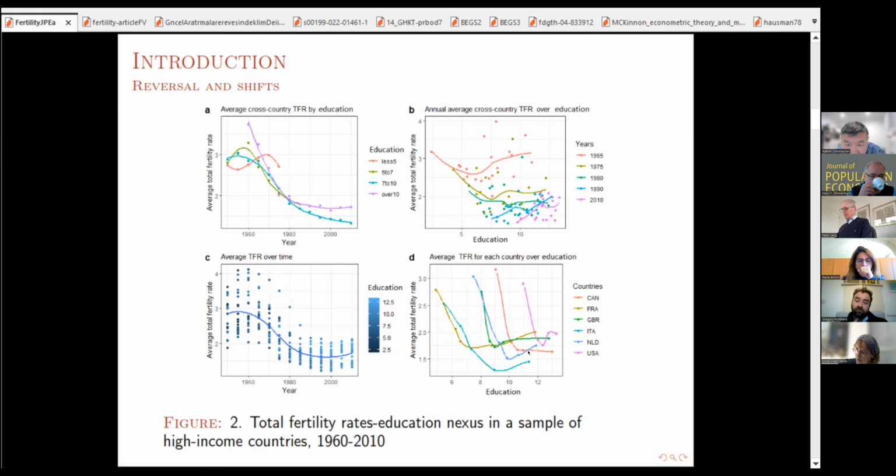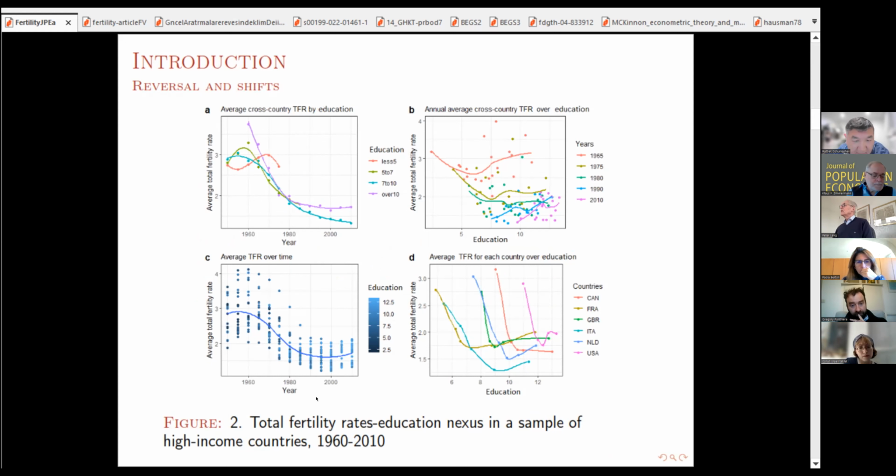And a similar picture you can see also for the Netherlands. So also it's falling up to 10 years of education and then starts picking up. And we also did a similar thing where we averaged all countries and tried to see what's happening on average. So you can again see over time the average total fertility rate was falling, but around 2000 and after, it's like maybe even becoming a bit higher than before. Here you can see it,